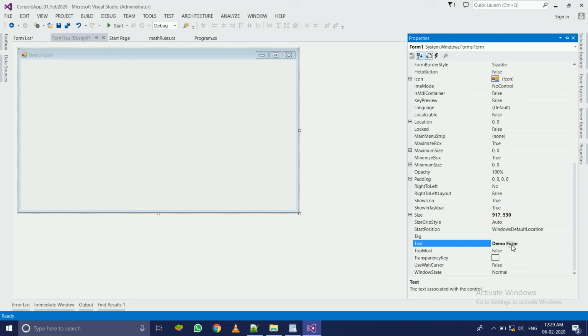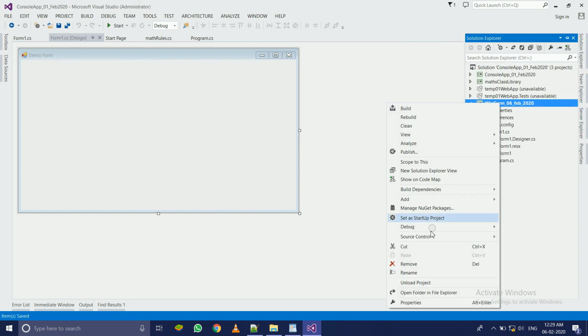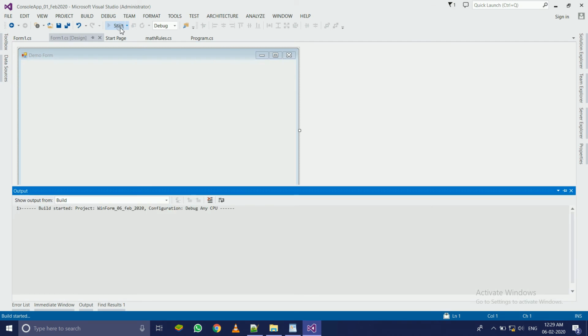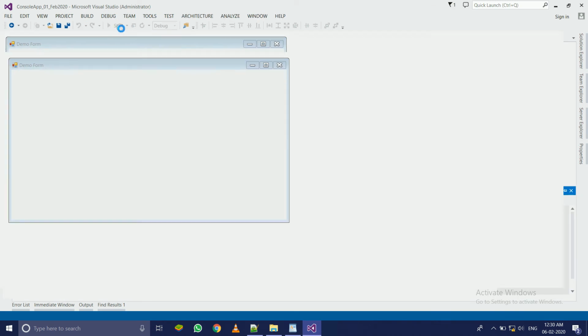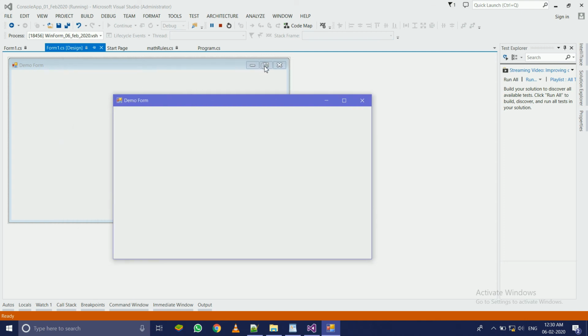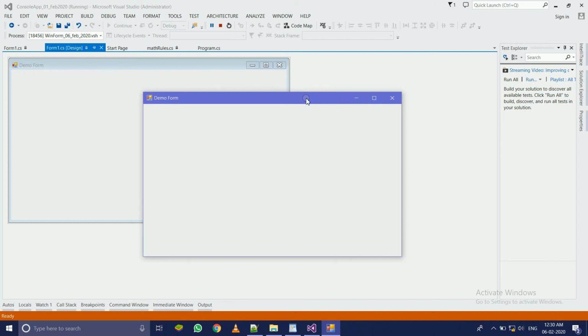Okay, so if you see, I already changed this and it is affected here. So what if I will be saving this and I will be running this. So let me just change the property for this as a startup project. I need to go and right click and set as a startup project right now. So you can see if I click on start, it will launch the instance of this application, and you can see. So yes, this was designed by Visual Studio in that format, but the operating system contains some different